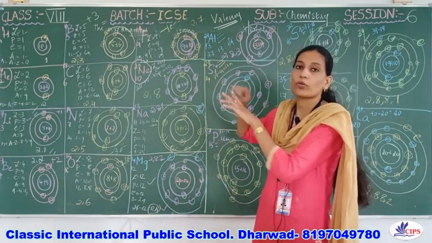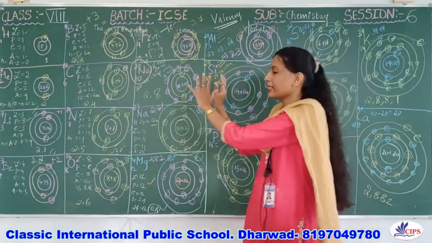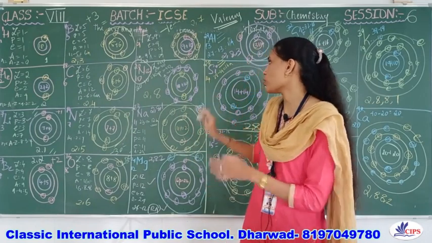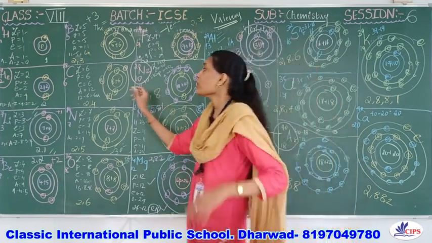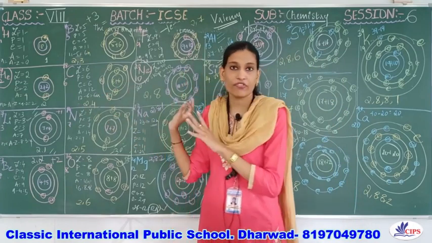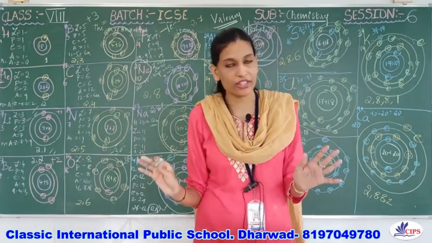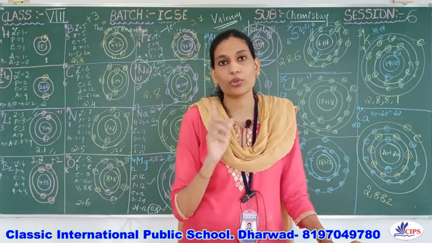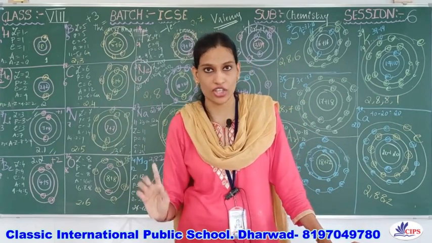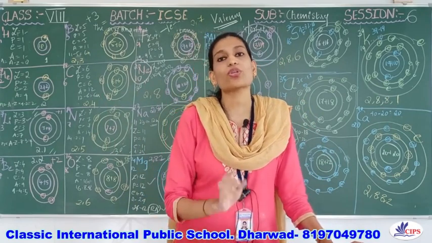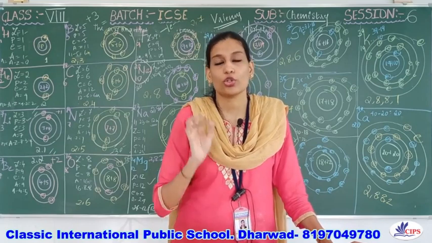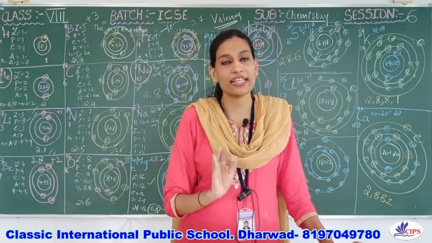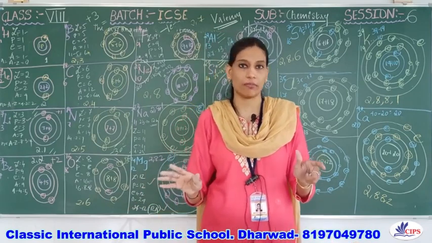The next is noble gas. That is, completely filled shells are there. So what did you understand from sodium till neon, students? The shells are completely filled: K shell is full, L shell is full, M shell is full, 2, 8, 8. Like this, the electronic configuration is there. This means those elements are noble gases, inert gases. They are very rare in nature. They are highly stable. They do not react with any other elements.